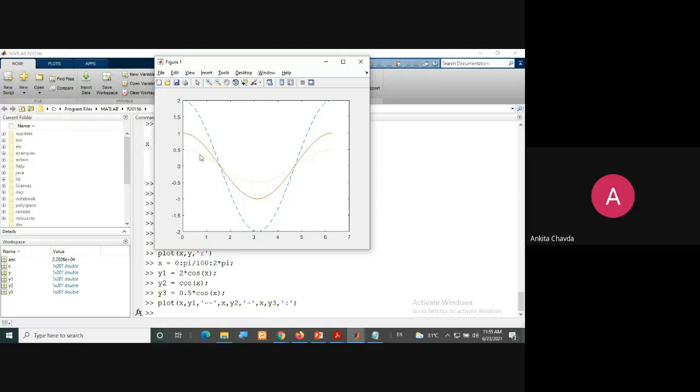One is with the dotted line, one is with the solid line, so this dash is for solid line. This dash dash means it's a dashed line, and this colon is for dotted line.